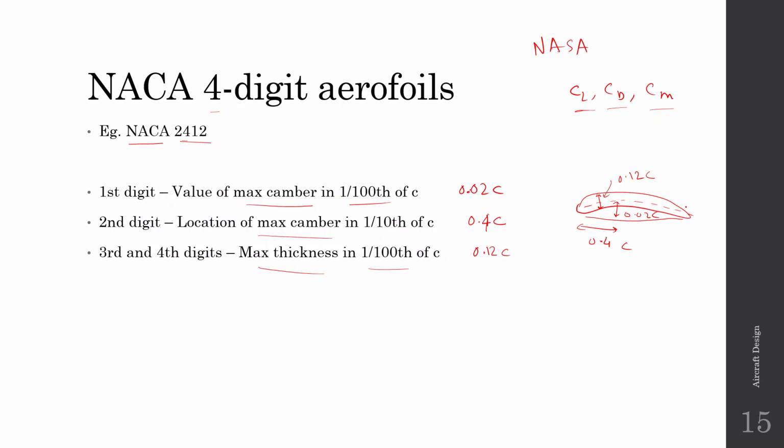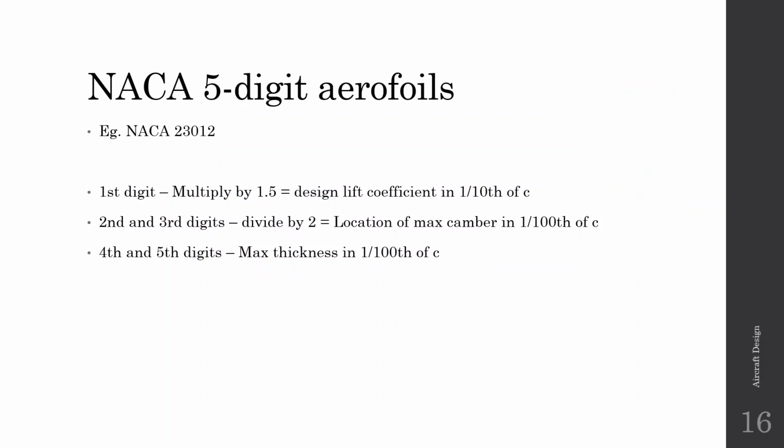So this is the NACA 4-digit specification. Next we have the newer series of aerofoils, which is denoted by NACA 5 digits. For example, suppose we have an aerofoil like 23012. Here the first digit, you multiply by 1.5, and it gives the design lift coefficient in 1/10th of C. So the first digit is 2, you multiply it by 1.5, so